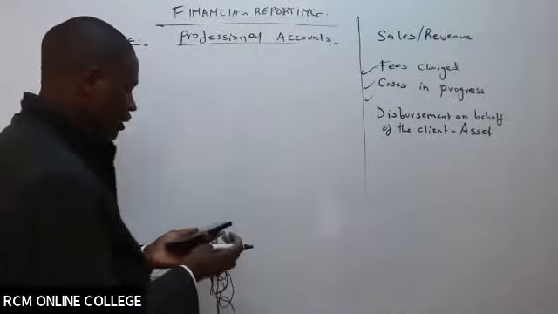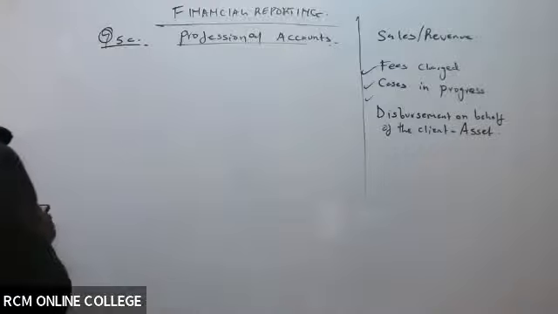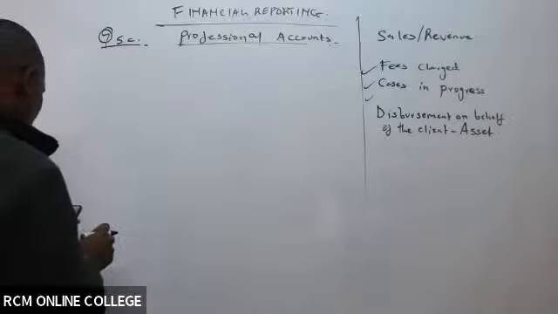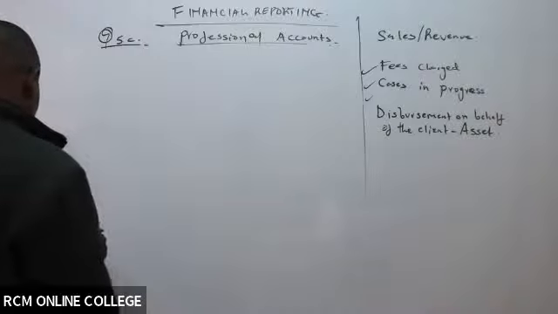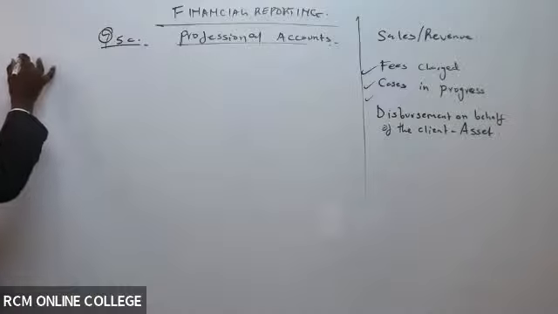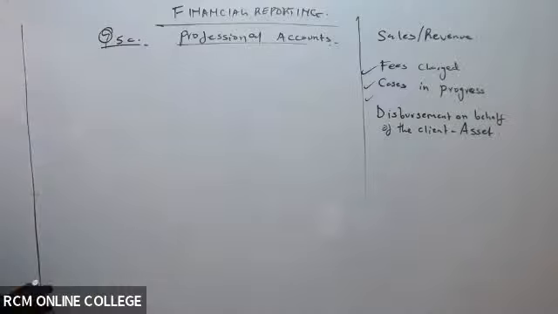So the depreciation rate is 20% on that item. You're required to come up with a statement of profit or loss for the year ended 1st July 2024, and then a statement of financial position as at 1st July 2024. If you look at that question, it was giving the students very many marks.